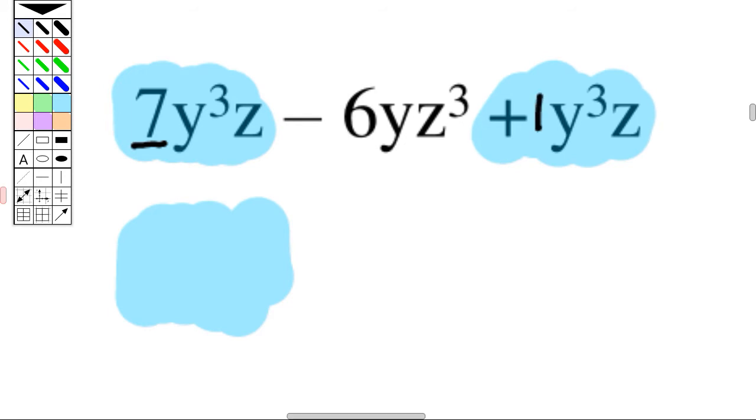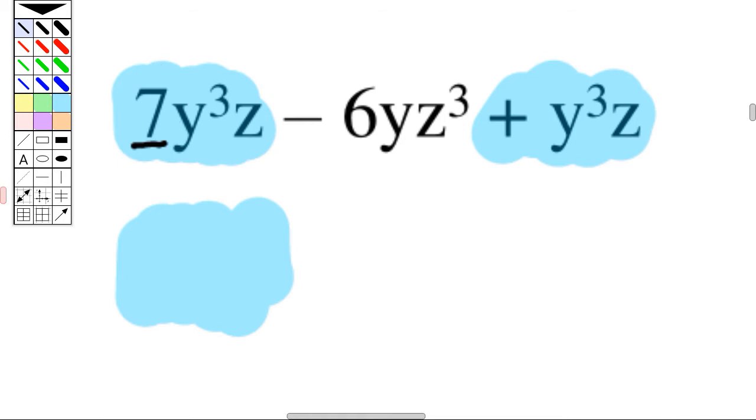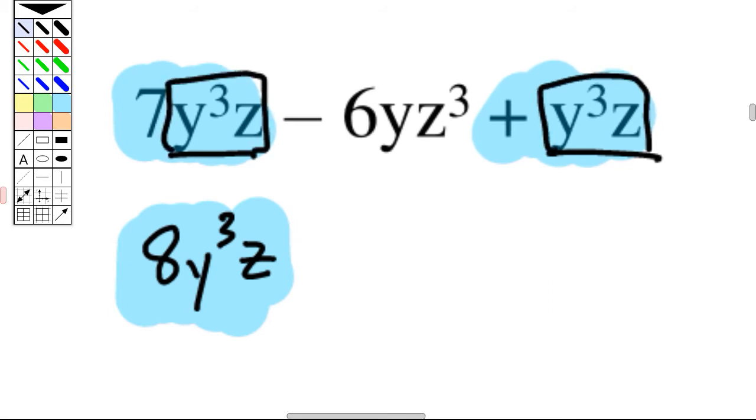What's the coefficient of this one? 1. So if I've got 7 of these things, whatever they are, and I add 1 of those things, same exact things, well, how many of those things do I have? Well, now I'm up to 8. Of those things, in this case, are y cubed z's. Remember, I can only combine those because this was exactly the same. That's what makes a like term. And he doesn't have any friends, so it's just staying